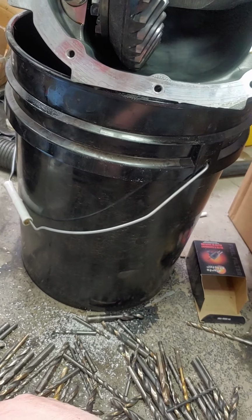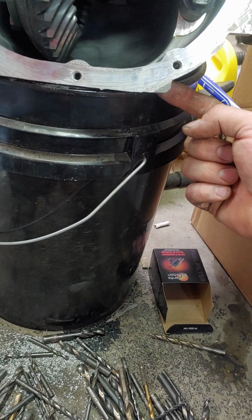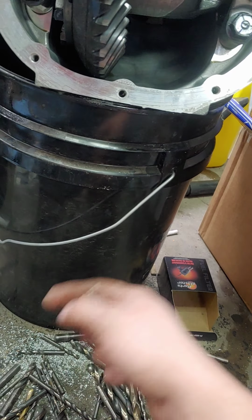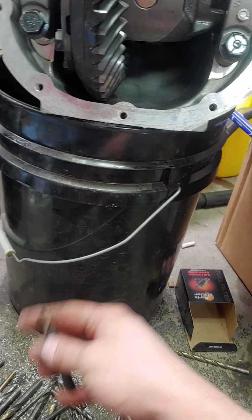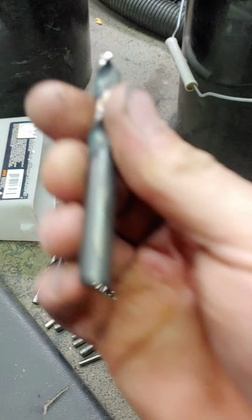I had mine out, so I put the vacuum in there and sucked all the crap out while it was being drilled. But you could put a vacuum beside it while you're drilling to try and pull any filings down and out while you're drilling. You may or may not get all of it out, especially while you're tapping. But you can use this